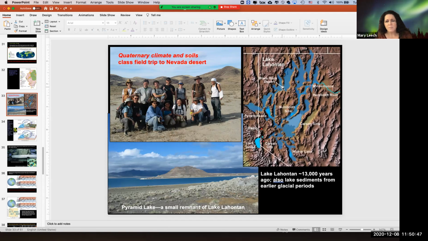Black Rock Desert is right up there. So that's part of this old lake that existed as the ice was melting out of the last ice age 20,000 years ago. So you can still see evidence of all of this, bathtub rings and everything. There's a lookout. This water is really cold, but you can jump in it and it's pretty fantastic. And there's a field trip that goes out there with the Quaternary Climate and Soils class.